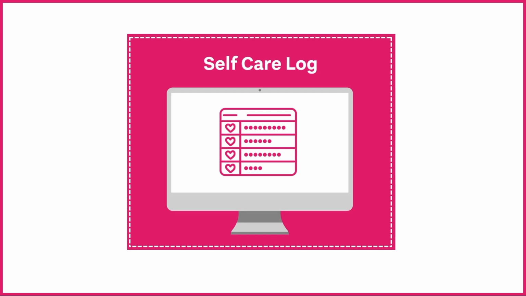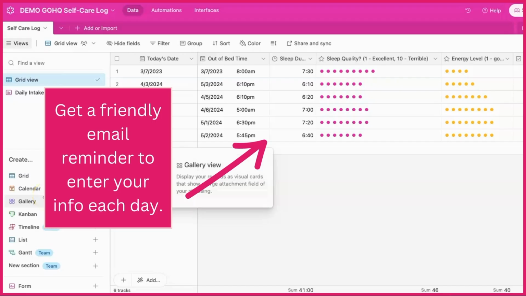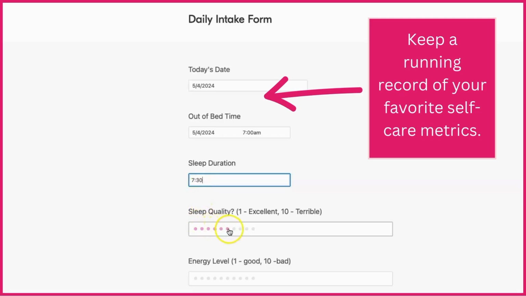This self-care tracker I originally made for myself. I've been using it for well over a year now, and I have not missed a day. It helps you put your self-care routine on autopilot and allows you to track it so easily. You can send yourself an email at the same time every day to fill it out. It